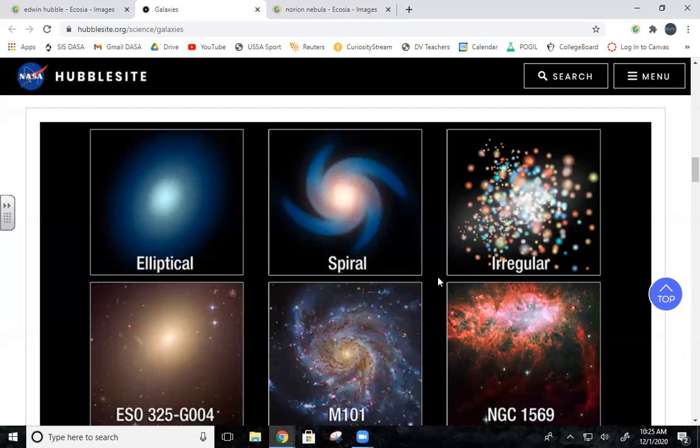Again, this is all cosmology. We will get to the cosmology of how is the universe going to end? How did it begin? How long is it going to be around? What is all this stuff here?